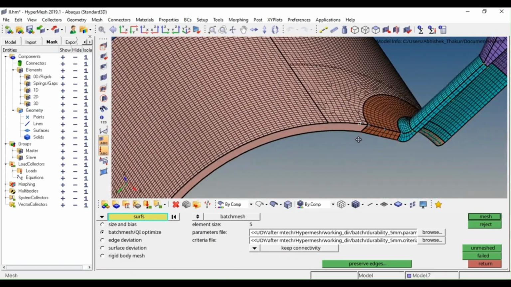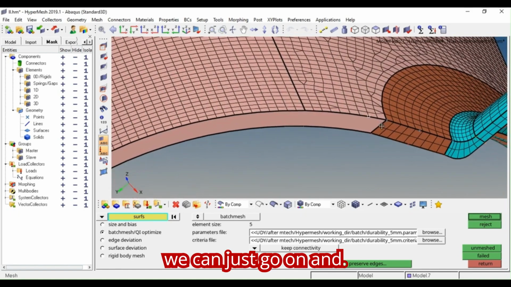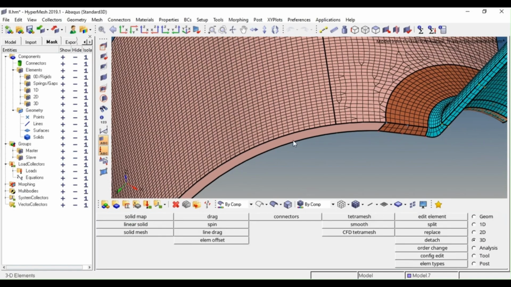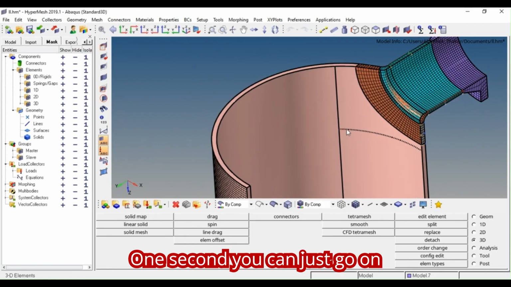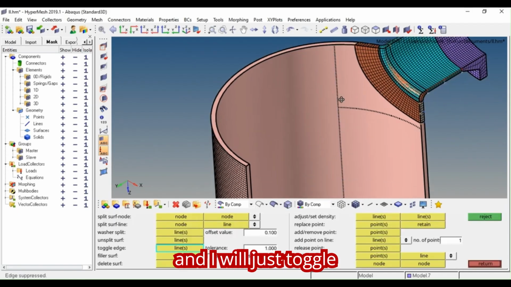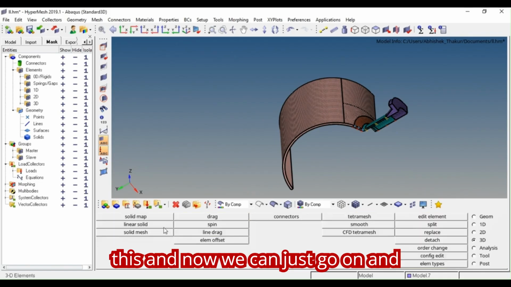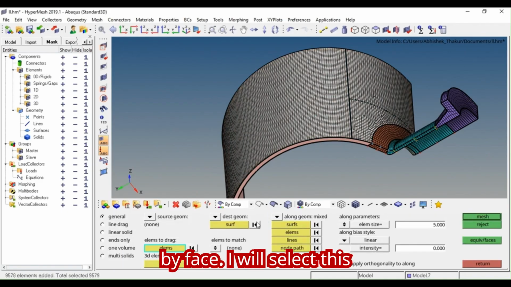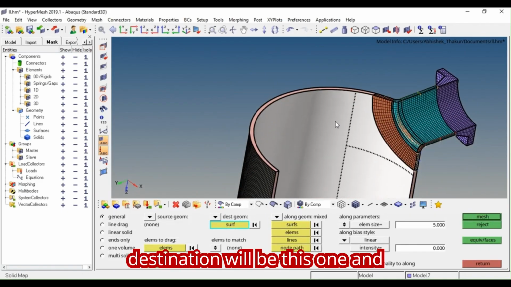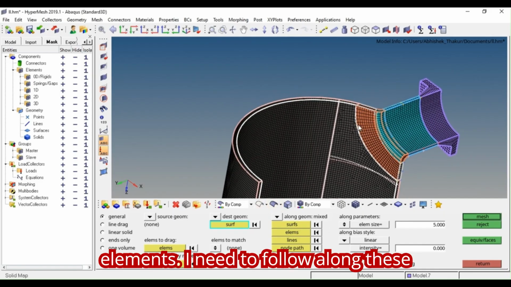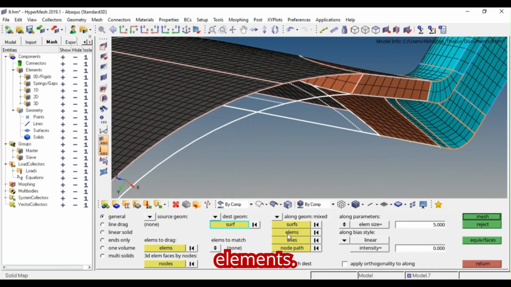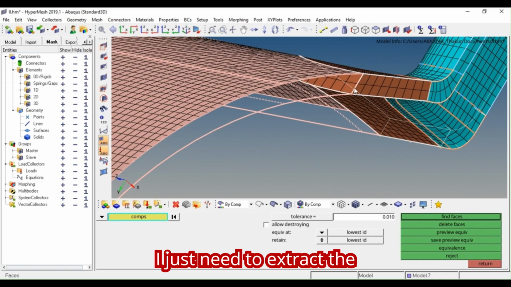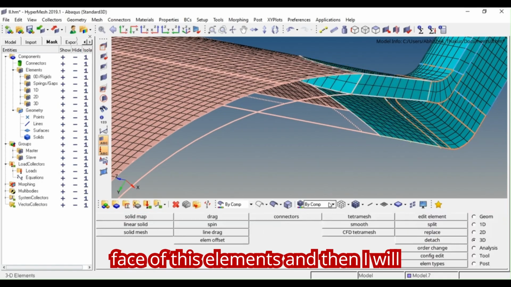And now we can just go on and, one second, I will just toggle this, and now we can just go on and solid map this. By face I will select this, destination will be this one, and elements I need to follow along these elements. I just need to extract the face of these elements, and then I will go on and